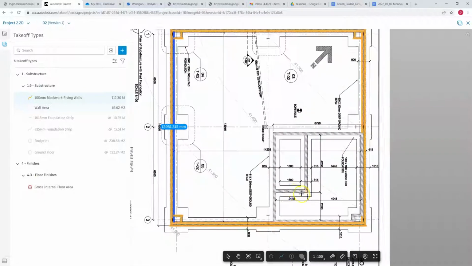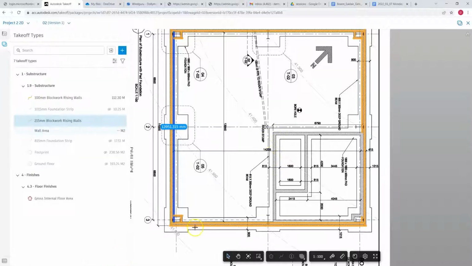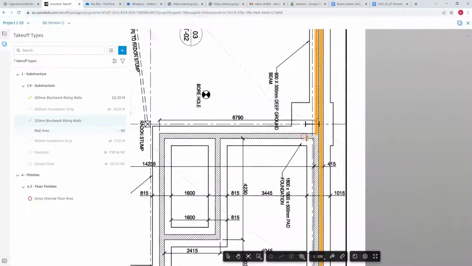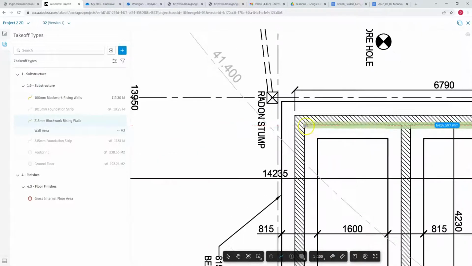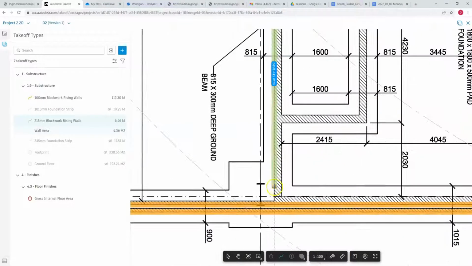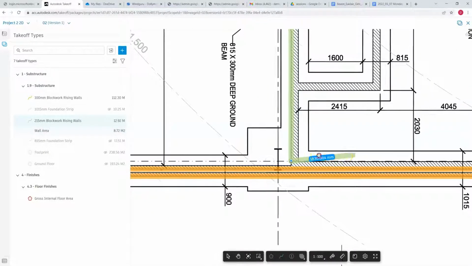But if I wanted to measure, for example, the 2 and 5 rising walls, I could click the little three dots, duplicate it, change my color really quick, change that to 2 and 5. Everything else is the same because 675 is my height. Start takeoff, and then here's my 2 and 5 rising walls. So from there to, let's say, there to there, double click, there to there. Let's say there to there. Then I'll go from here to,